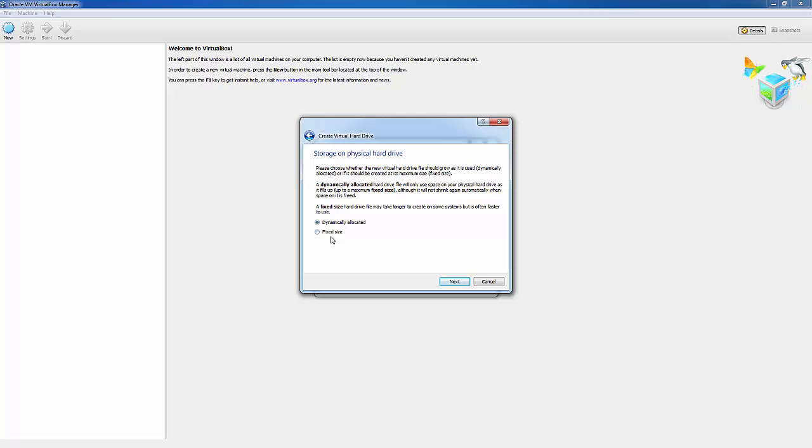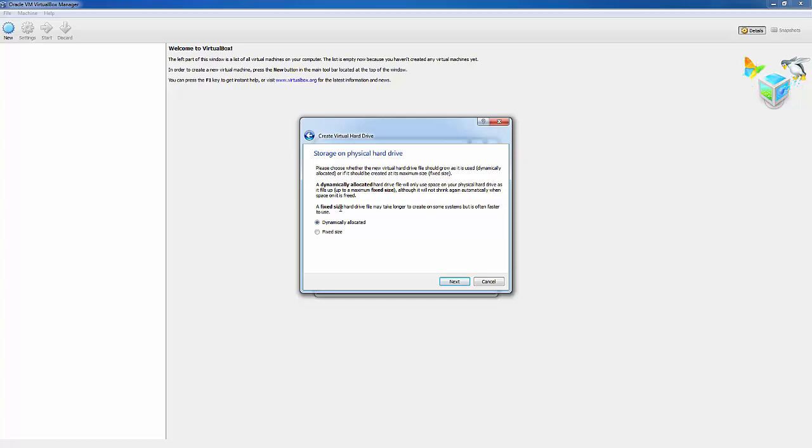Now the difference between fixed and dynamically is with the fixed, if you were to select, let's say for example, 50 gigs of virtual hard disk space, once you reach full capacity, there's nothing you can do. You're actually going to start getting warning signs. Hey, you're almost out of disk space, whatnot. And so at that point, you have to either uninstall applications or just remove anything that might be taking up disk space. And so with dynamic, if it reaches full capacity, it'll expand the virtual drive by